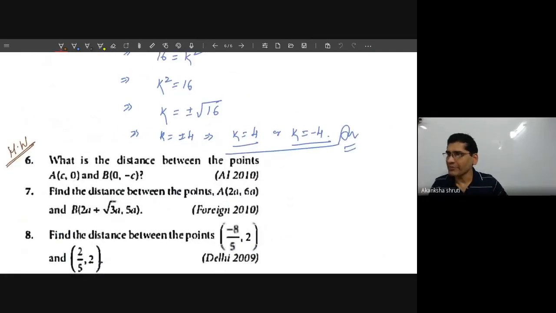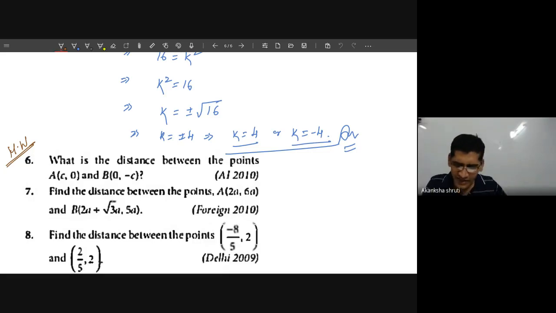Tomorrow we will start with the application of this distance formula. It can be used for predicting the type of triangle, type of quadrilateral, and collinearity of 3 or more points. All these things can be calculated by applying this distance formula. Various other unknowns can also be calculated. This we will see. And further, if time permits, tomorrow I will also try to at least derive the section formula. So we will finish these 2 things tomorrow. This chapter is very small, so it will finish in 2 to 3 classes.